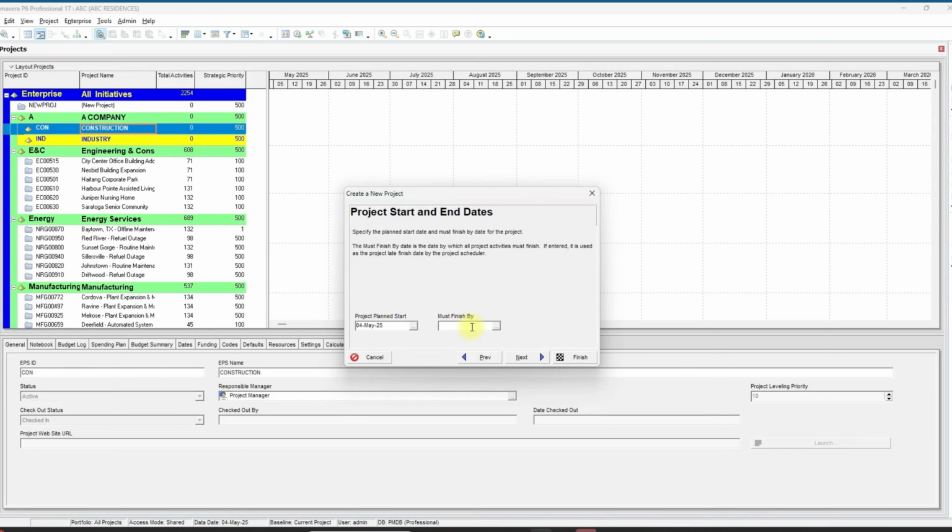Project planned start and must finish by. Project planned start is the planned start date of the project. I can enter any date I want here. Must finish by is the required completion date. This is an optional field. If you don't enter a date here, Primavera will automatically define the finish date based on the activities and relationships